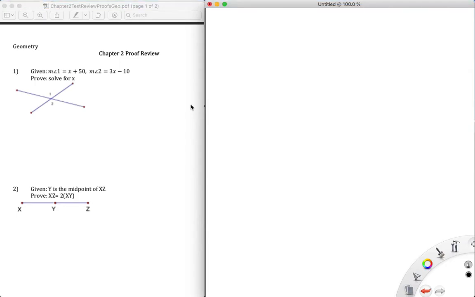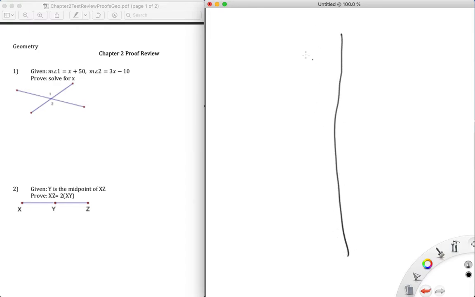Alright, so this is geometry. The proofs review for the chapter 2 test. There's going to be 6 proofs that I'll be going over. The first proof, number 1, says that given we have